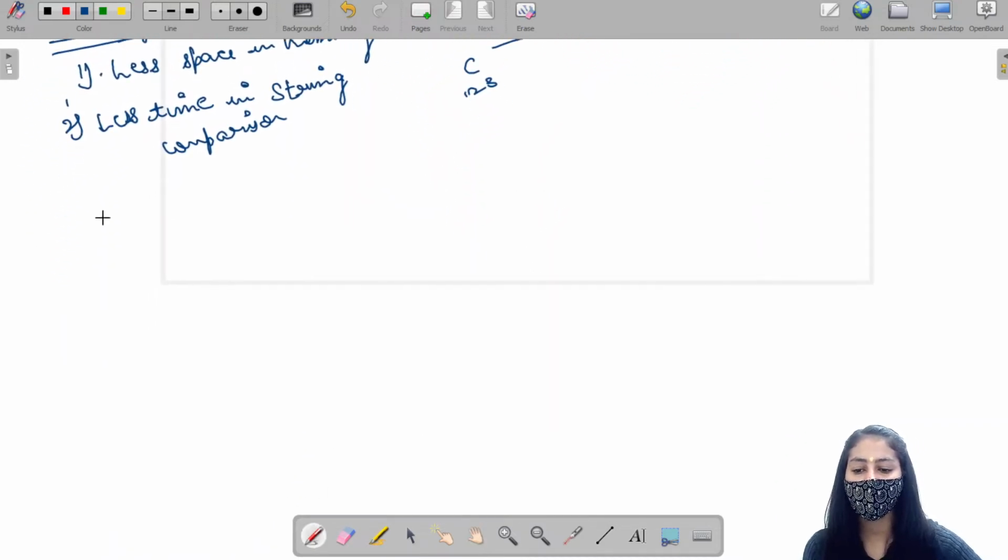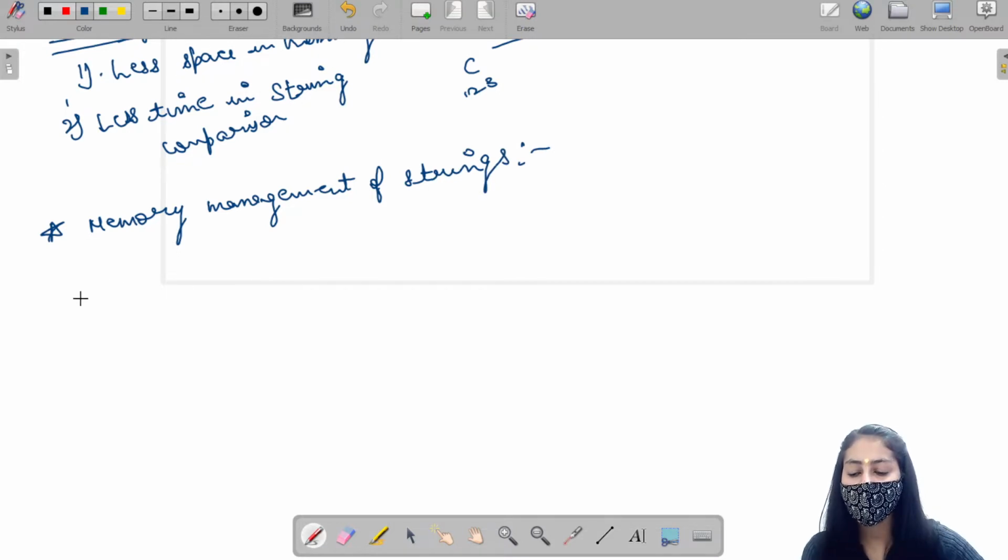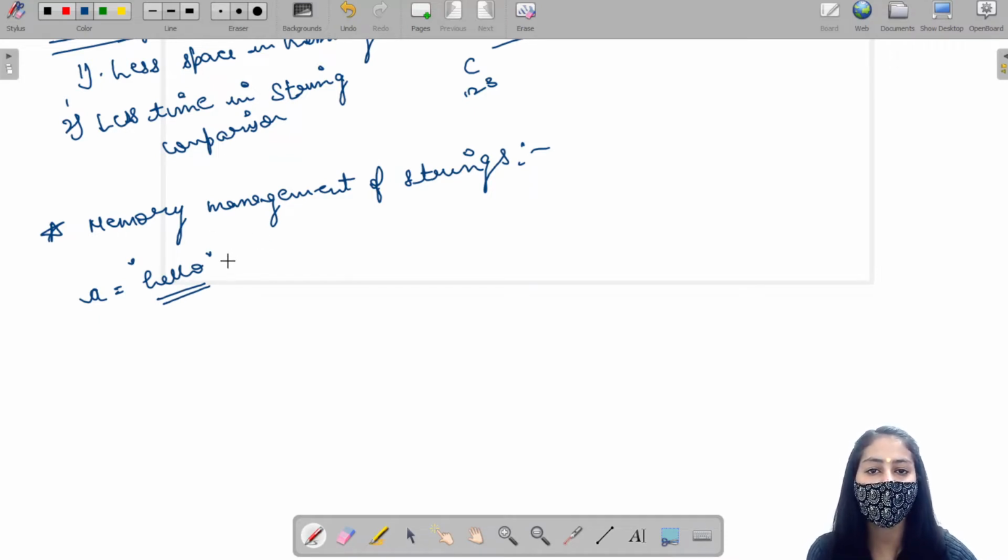Next, let me discuss the memory management of strings in Python, that is, how strings are stored in memory. Now let's say I create a string hello. Python will first check in the intern pool whether this object is already present or not.